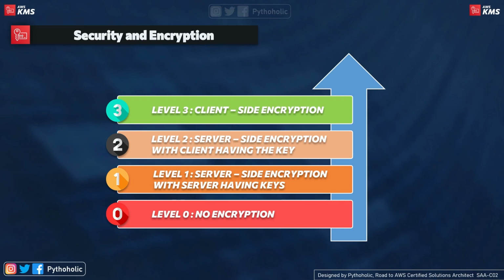Then the highest level, I won't say this is the highest level, but according to this chart, let's suppose we are on level 3 right now. So that is client-side encryption. Here, the client which is having the data encrypts the data, and the key is also with the client itself. So you can store and retrieve the encrypted data on the client itself. And when you want to use it, you can decrypt it using the same key that the client has. Other than that, there is no way to access the unprotected data, and sometimes it's protected from the people who have lesser privileges on the client as well. So I hope you got the idea of how the levels of security work.